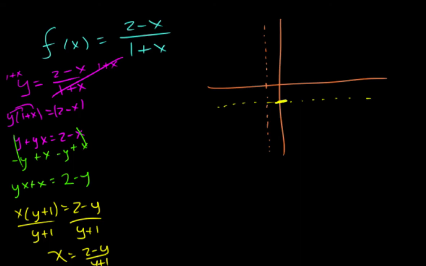Okay. And our graph is just going to follow that, like that. Okay. So we want to describe the behavior as we're approaching those asymptotes. And so as x approaches